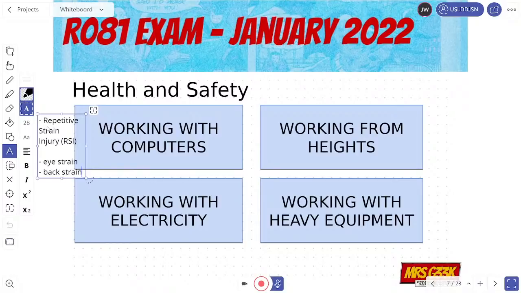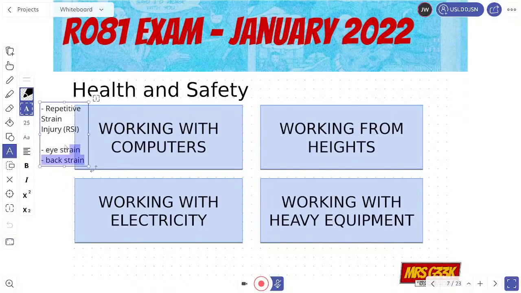Now, things you can say, because again in the exam they're probably going to ask you to talk about ways you can mitigate this. Let me make this text a bit smaller. Okay, I thought it might do it automatically, but maybe not. There we go. So things to mitigate this.